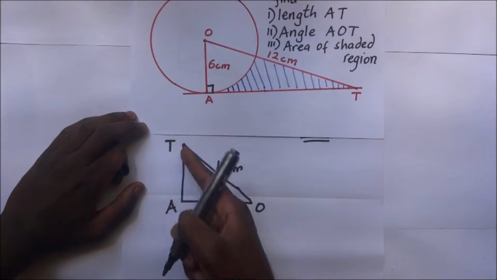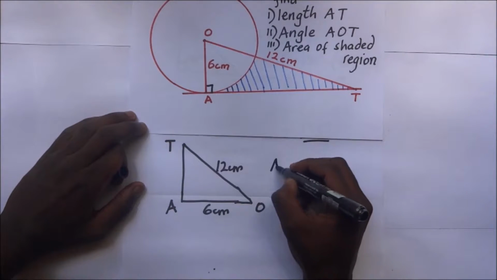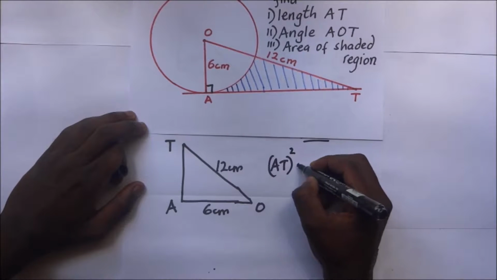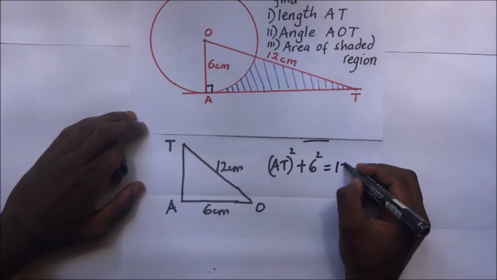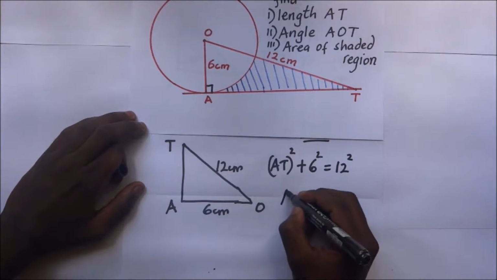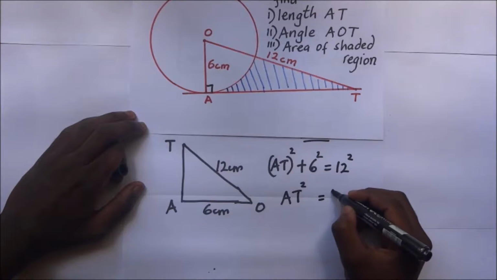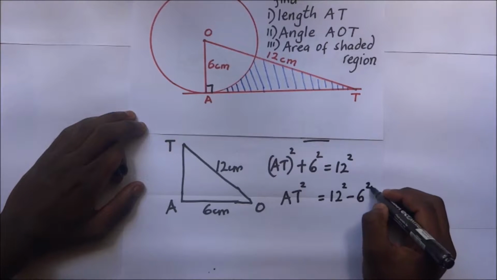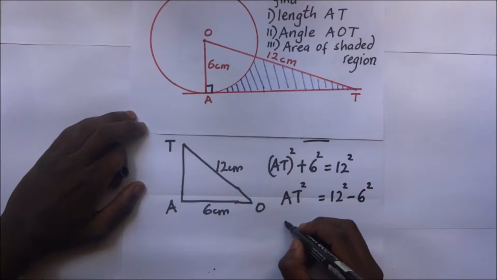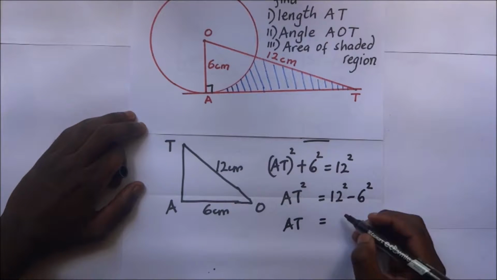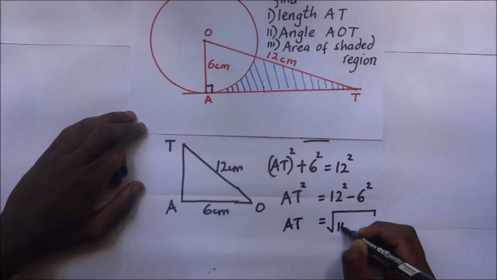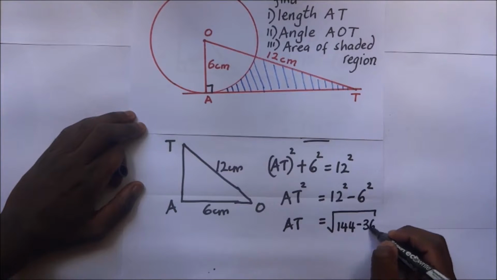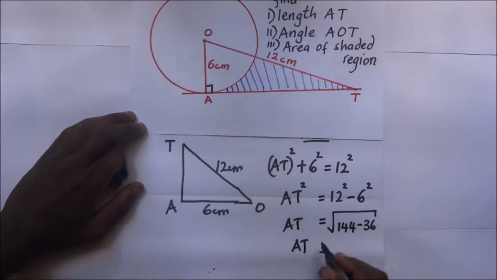Now to find the value of AT, we shall use Pythagoras theorem, which is AT squared plus 6 squared is equal to 12 squared. So it means that our value of AT squared is going to be equal to 12 squared minus 6 squared. And we shall end up getting our value of AT being equal to the square root of 144 minus 36. And when we compute that, we shall end up with our value of AT giving us 10.4